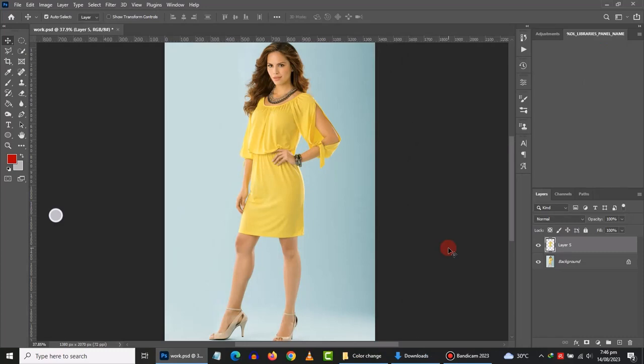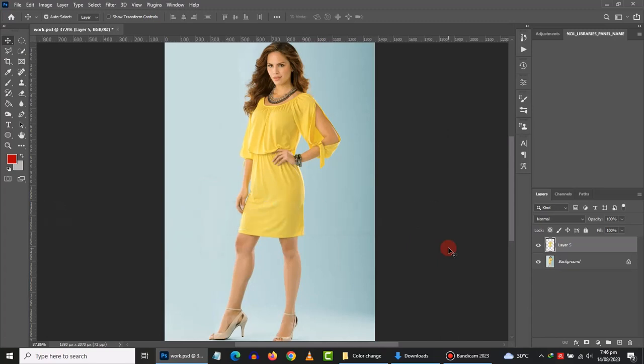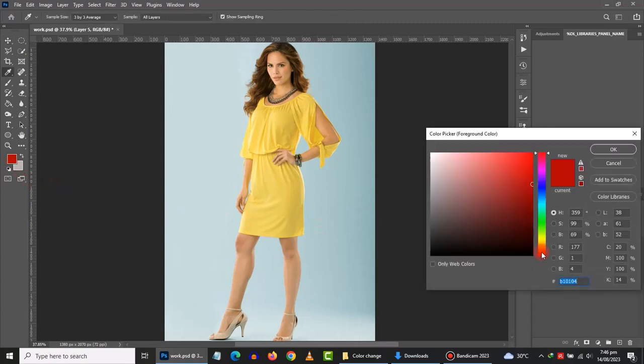Third method that I'm going to tell is solid color fill. This is a little difficult one, but this is my favorite method because you can get the best result using this method. As we already have made our selection, if someone gives you a color code or asks you to change the specific color, for example this maroon color,